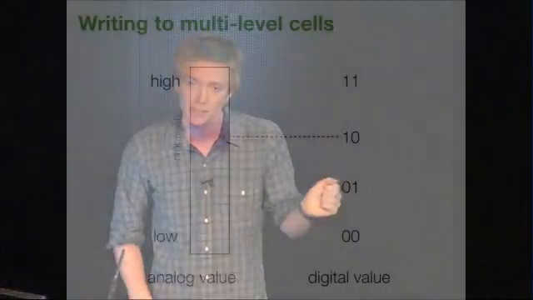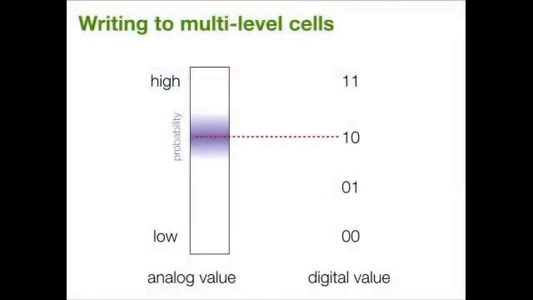So you can think of it a little bit like this. Say you want to write a 1-0 to this cell. The analog value isn't going to be some precise analog resistance stored in the material. There's going to be a probability distribution because the write mechanism and the read mechanism are probabilistic. They're not reliable like you might expect in the digital domain. Like in the analog domain, things can go wrong.